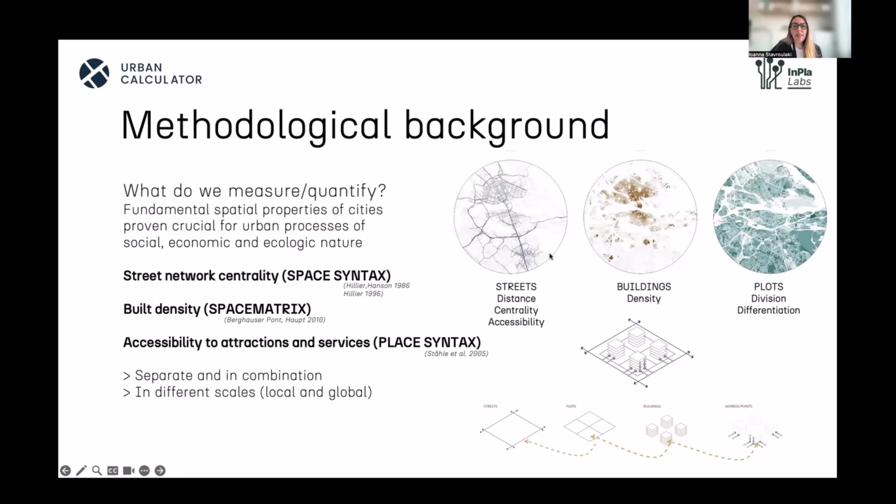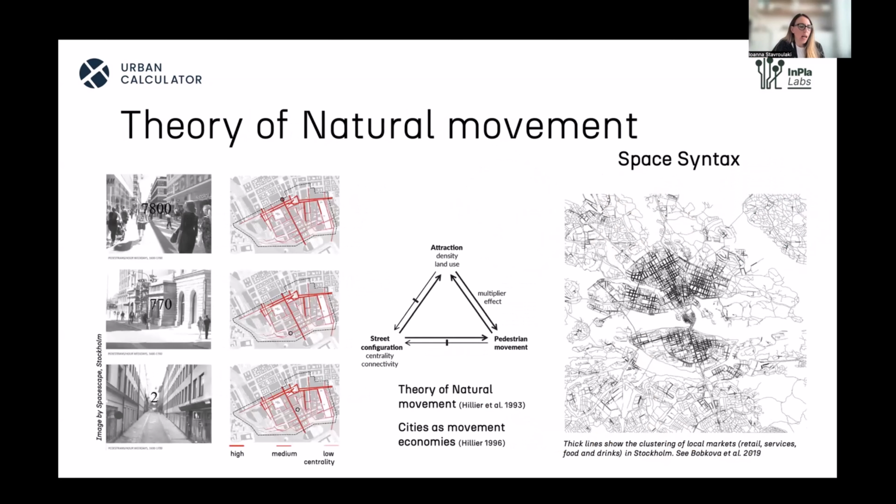And these are basically the main elements that an urban designer, let's say, has in his power, in terms of physical entities that we can design, we can shape. Now, the important thing to understand is that these three are connected, they are not separate. And this has been brought forward within space syntax by the theory of natural movement, that what this argues, and actually this has been.